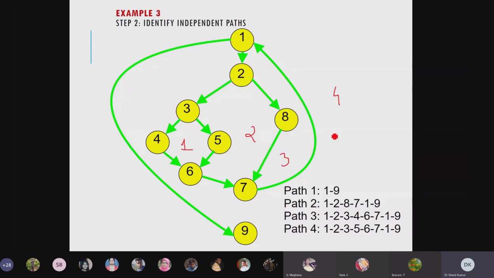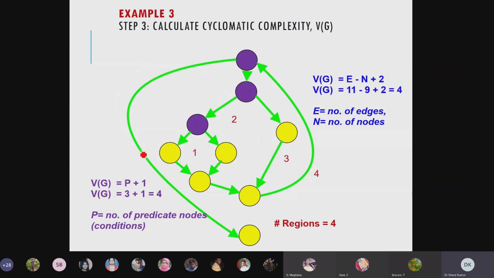Let's verify. So you can look here, 1, 2, 3, 4 regions we are having. So the test cases, how many test cases will we create? 4 test cases, 4 independent paths we can create, and we can test for that. And predicates, can you count how many predicates are there? The predicates are also 3. You have to count the out degree, no? You have to count the out degree. So where is the out degree?